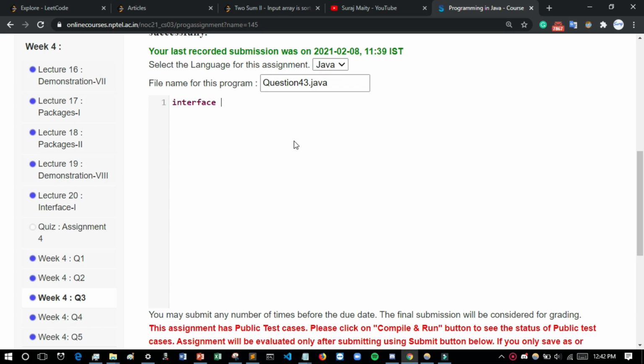Interface extra large will be, and then string extra equals "this is extra large", and after that public void display.